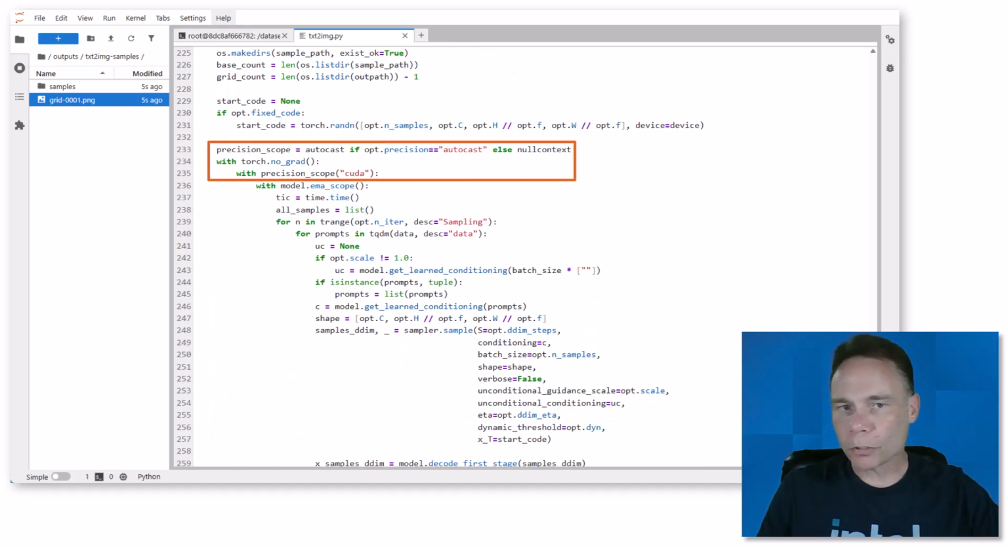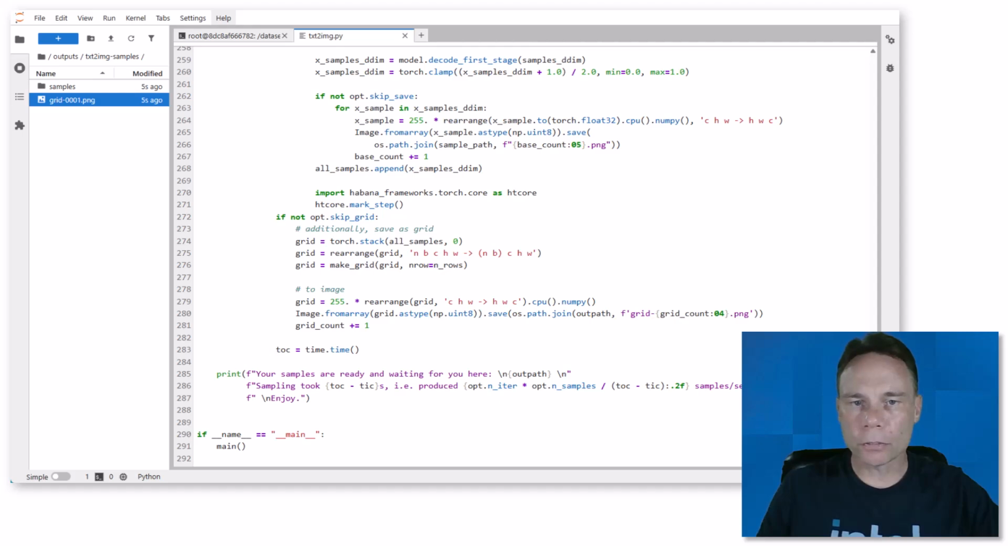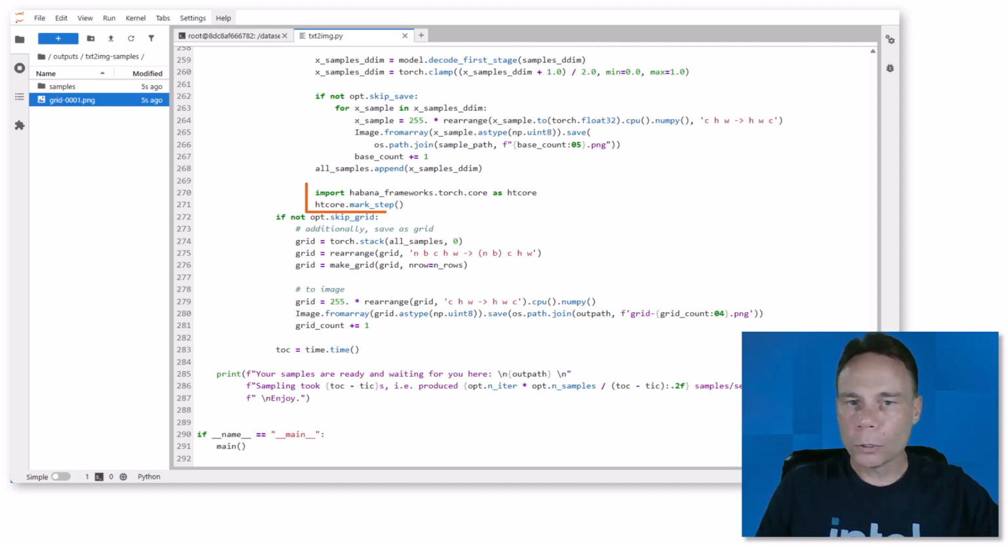It runs mixed precision on the CUDA device, which will also get mapped to the Gaudi equivalent. Then it iterates to generate a number of samples, which get post-processed into images. We do add these 2 lines of code. Mark step indicates the end of an iteration of an inference or training loop. This example will run without mark step, but all the loop iterations will accumulate into a single computational graph, which